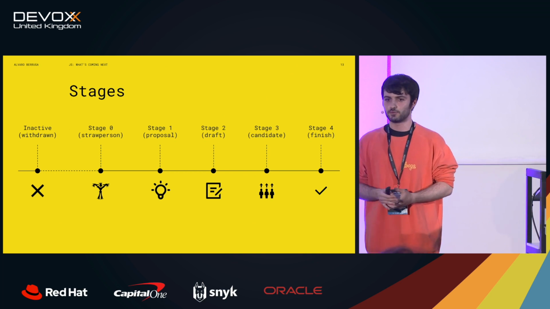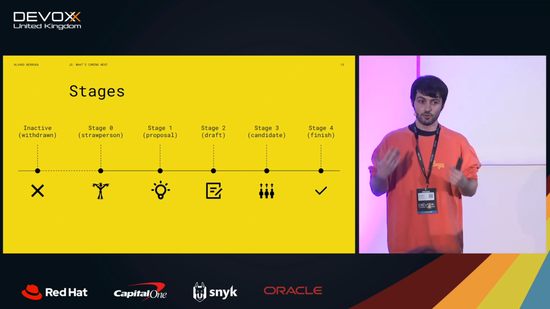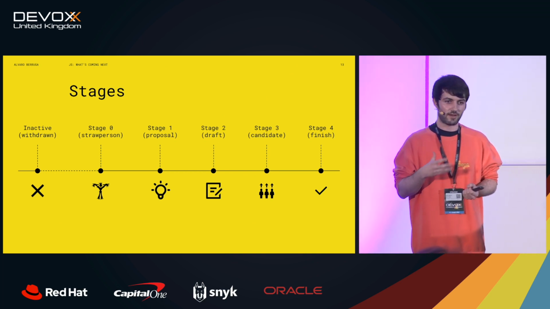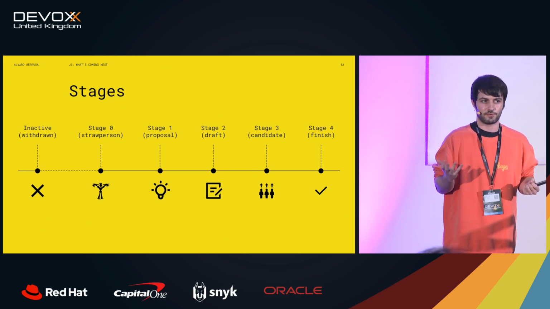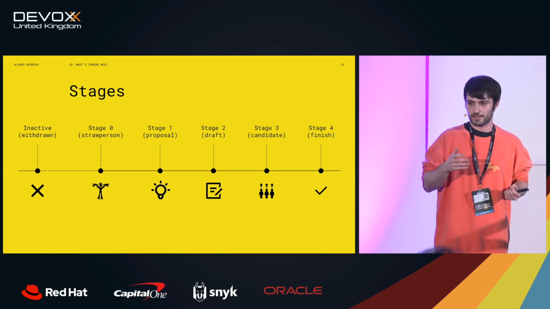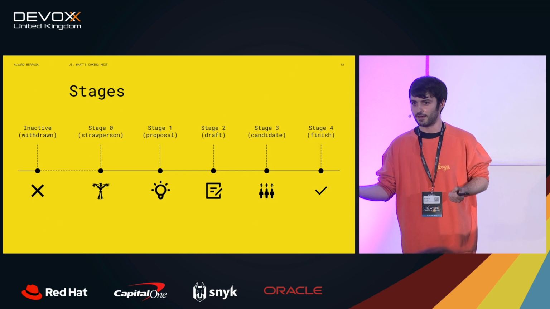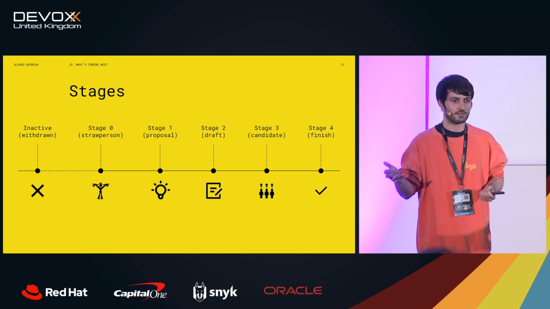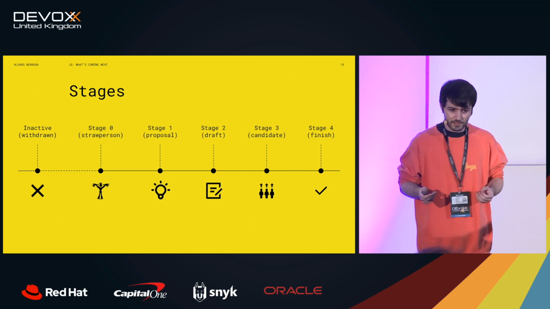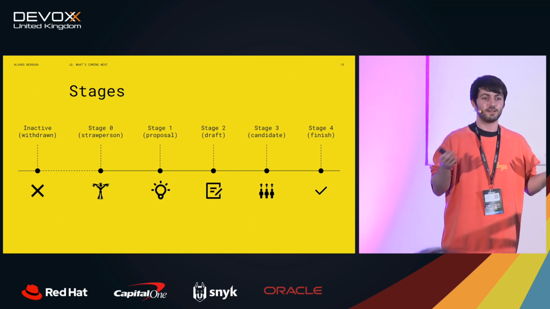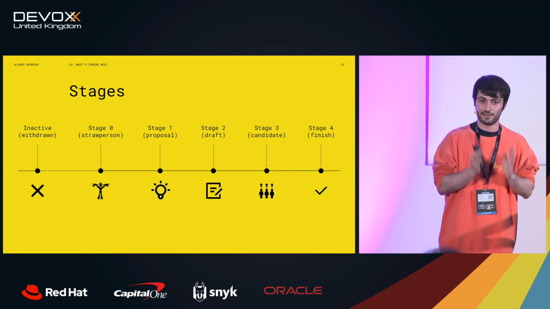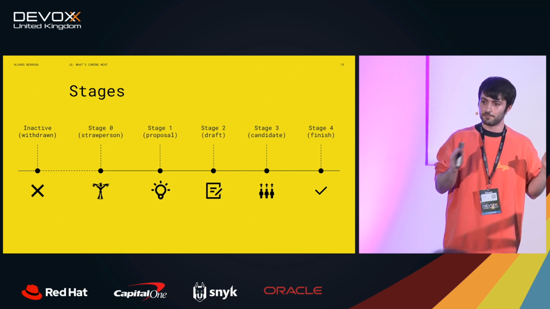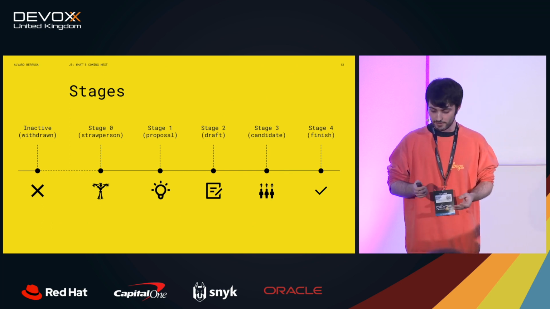Stage 1, that is when we start thinking of the solution for the problem, right? You have a problem, and now we need to find the right solution for it, in the sense of, we can extend a class, we can change a class, we can change the prototype, we can introduce a new operator, right? There are so many things that you can do. So this is about finding the right one. And once everyone is on the same page and we know what we want to work on, then we go to stage 2.